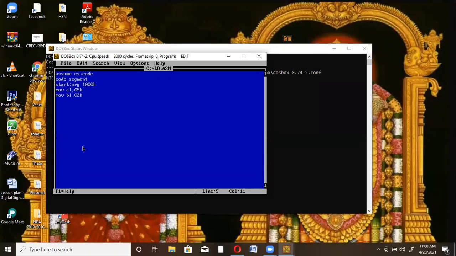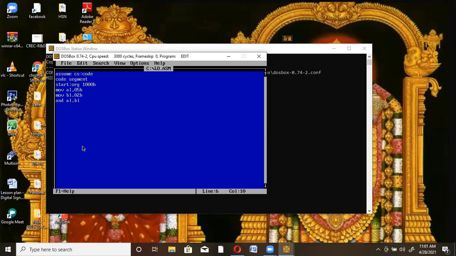Then I'm going to use the first logical operation, the AND operation. Everyone is very familiar with it. AND operation is nothing but a multiplication operation. So AND space AL comma BL. Keep in mind, friends, AND means it will perform a multiplication operation. So AL AND BL. How will it perform the multiplication? What is the binary value of 05? What is the binary value of 02? Then the microprocessor will consider them in binary format, multiply, then convert the result into decimal format. Such an operation happens internally.